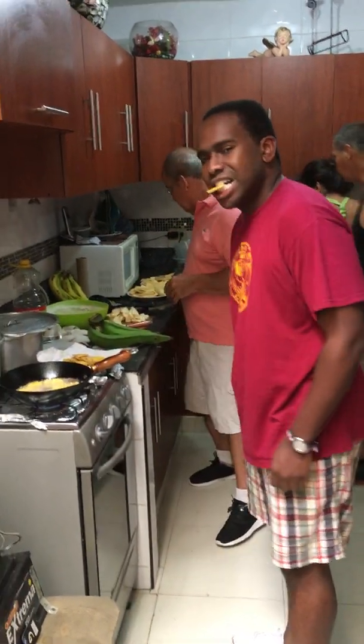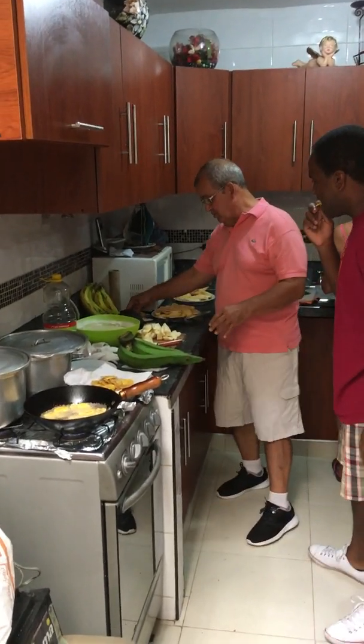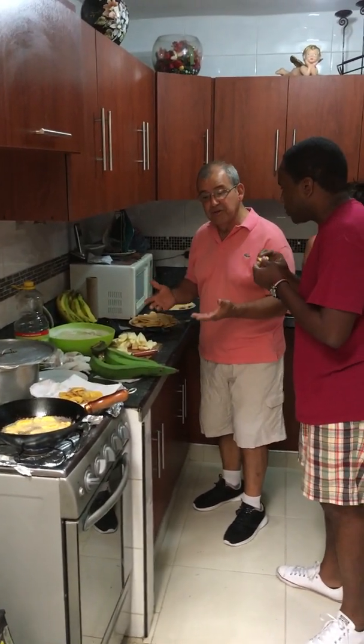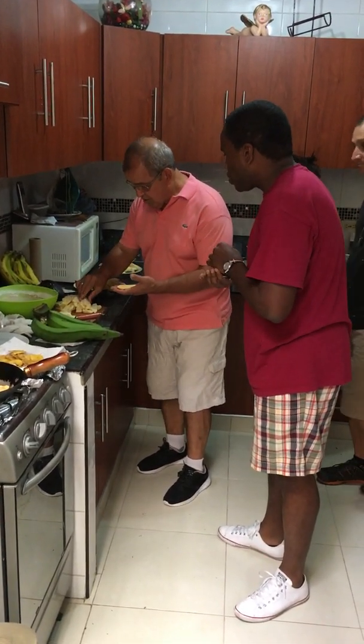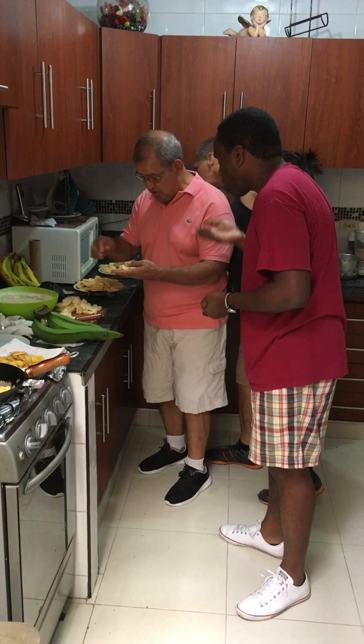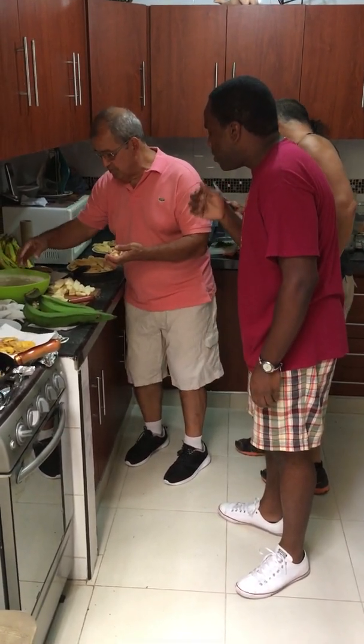Okay, this one came from Sí. Maduro. This is green, this is Maduro. Okay? So what we're gonna do now? We're gonna put two Maduros like that. We're gonna put a cheese right in the middle. Put another one on top, and dip it into...